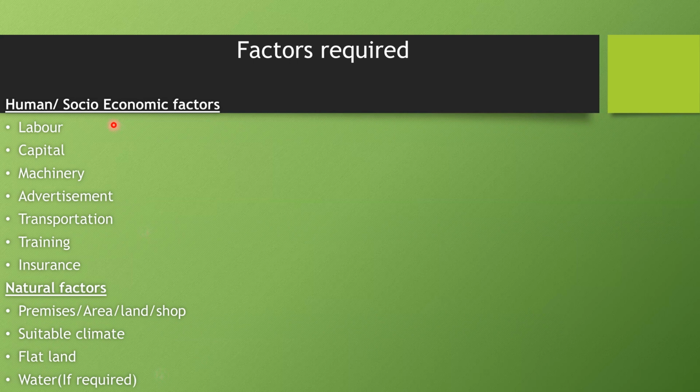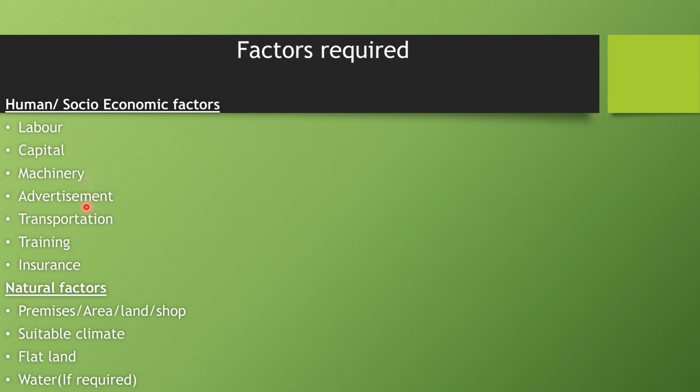Moving on further, we have some of the socio-economic factors as well, or the human factors which are required for an industry, which include labor. Obviously, labor is going to be required. Capital, which means investment. Yes, investment is going to be required. Machinery. Yes, for production nowadays, machinery is required. If machinery is required, then for running the machinery, power resources are also going to be